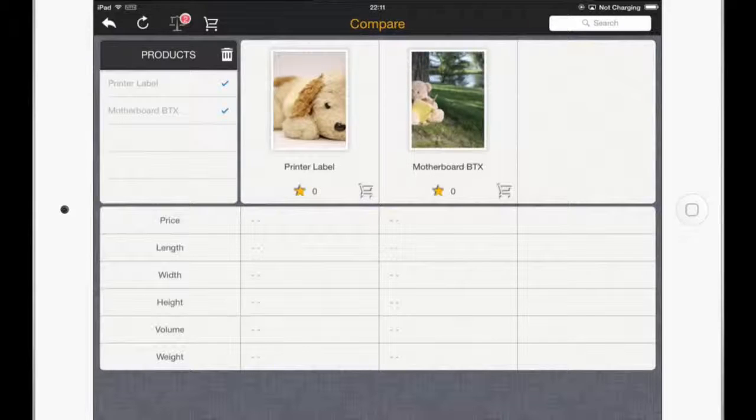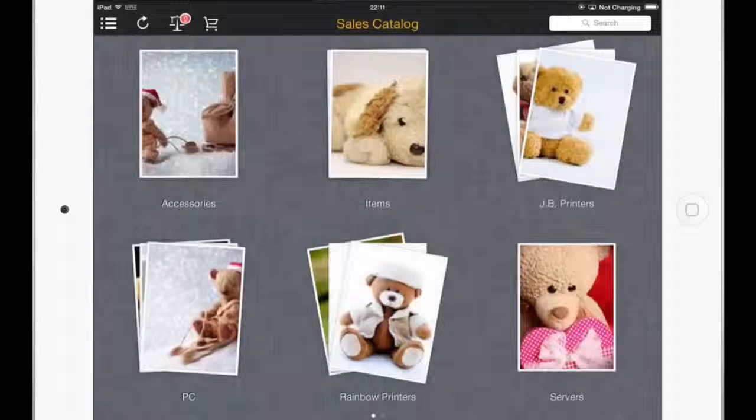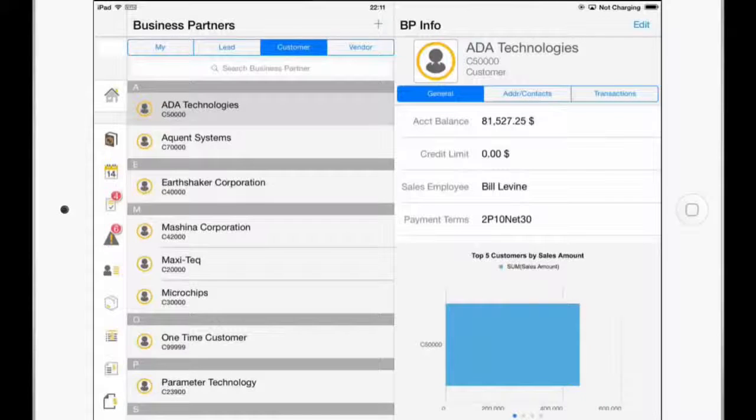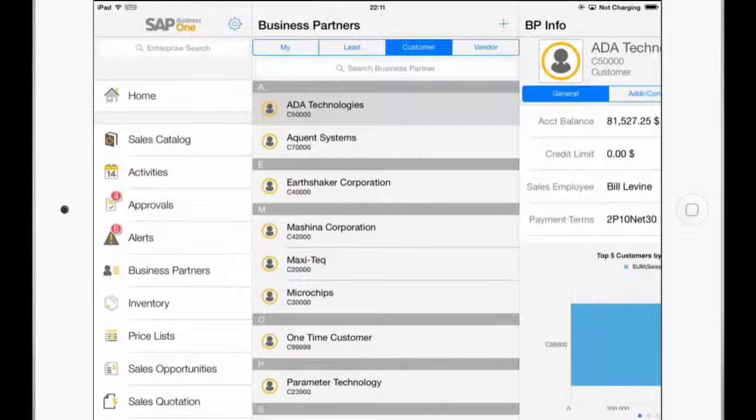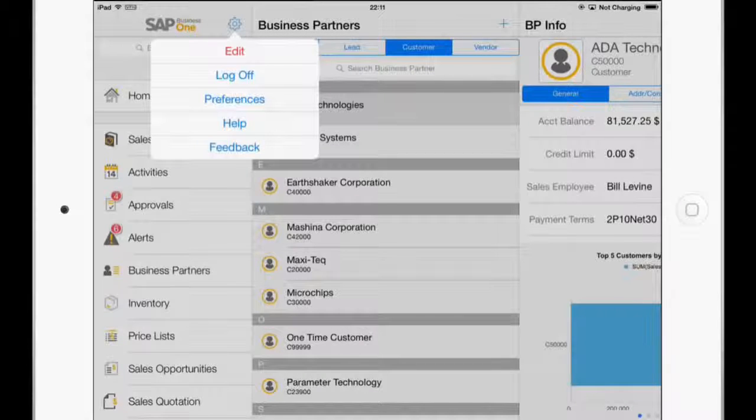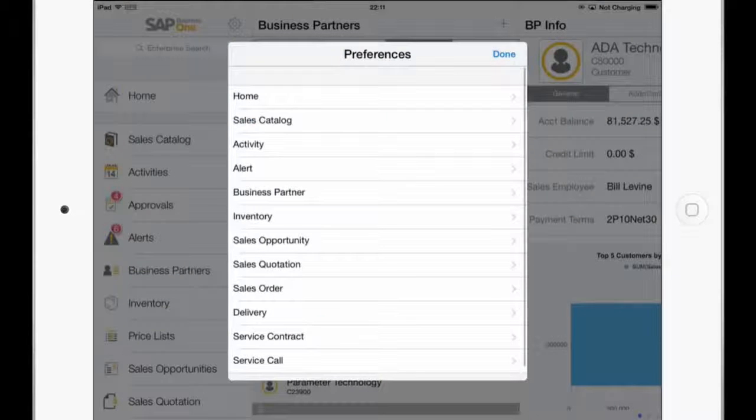So in addition to price, and if you want to change the available fields here, you just go back to the module view, and then you go also on top of the module to the gear icon and go to preferences, and then to the sales catalog,